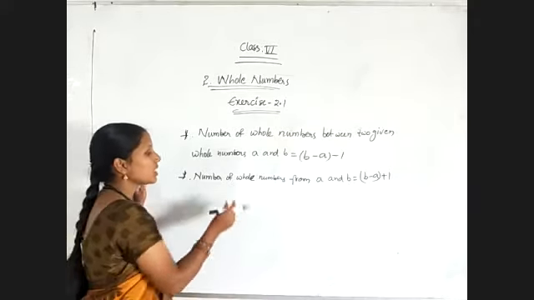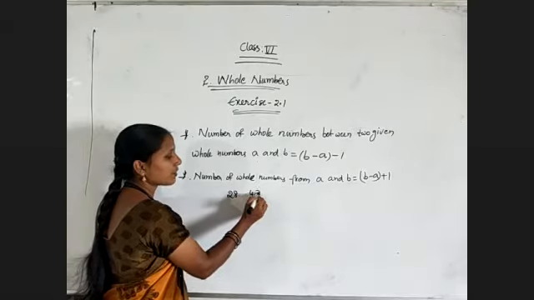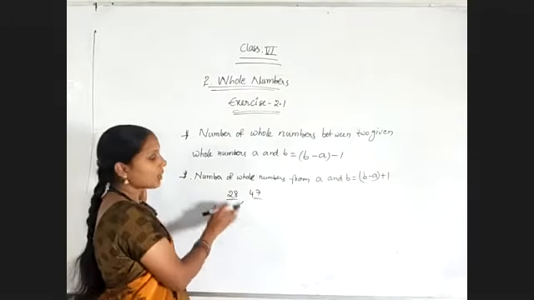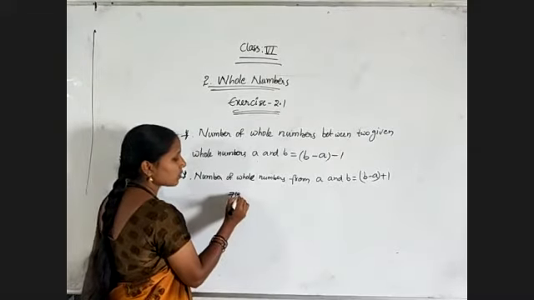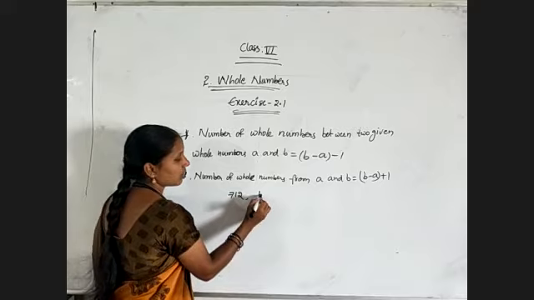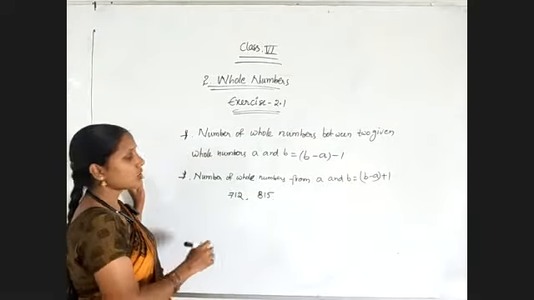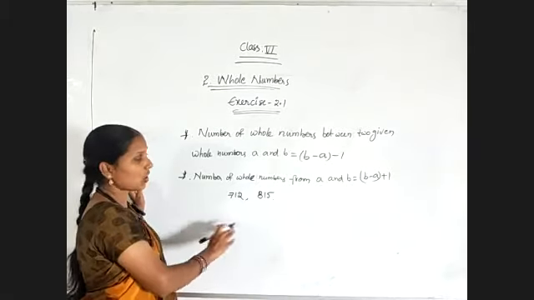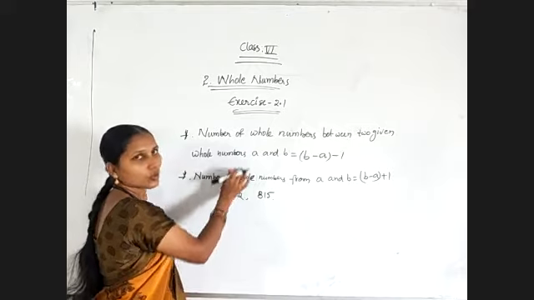As I told you, because they are given 28 and 47, very small values, we can list the numbers and count and write. But in case I give 7, 12 and 4, 8, 15, like this two numbers, I can write the numbers, but it will take so much time to count how many numbers there are. To avoid the difficulty, we have these two formulas.